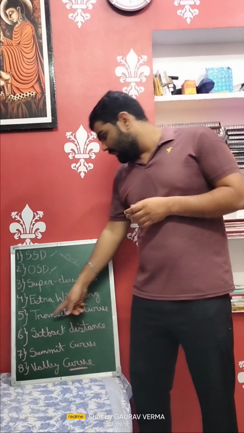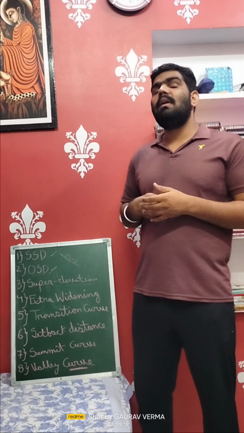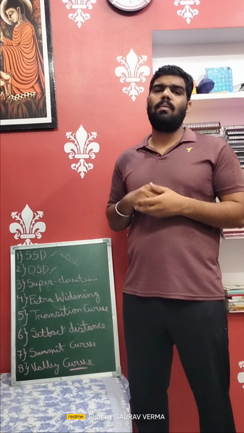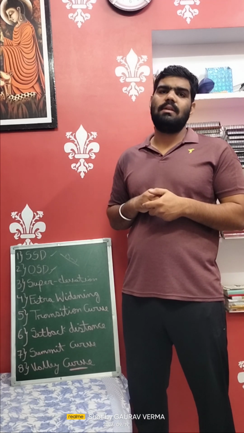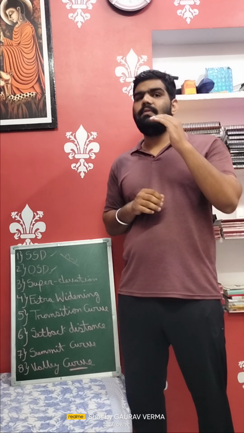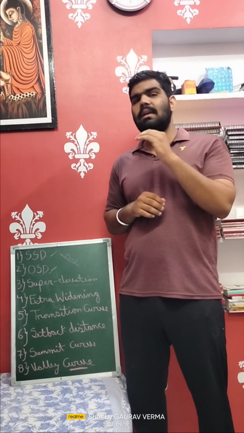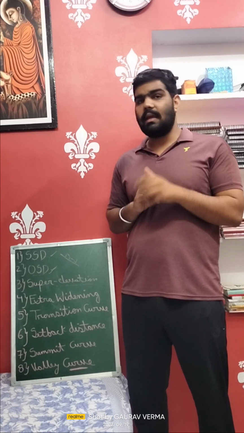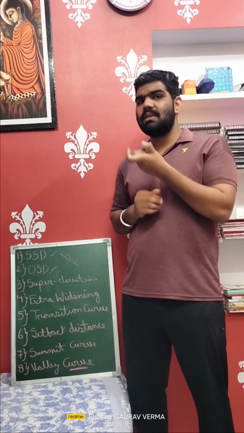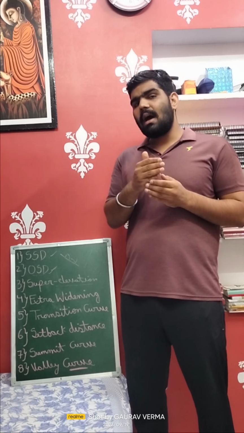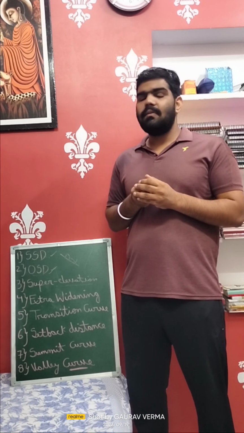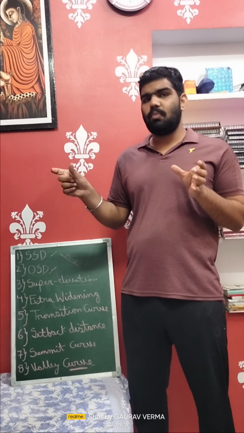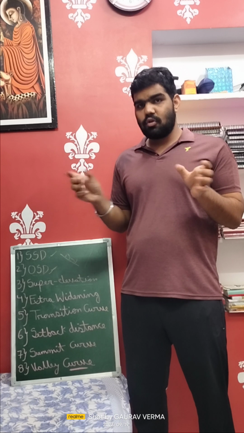Now transition curve. We have to find the length of transition curve. There are four formulas for finding the length of transition curve. First formula is V cube upon C into R. Here C is a constant. The value of C is 80 upon (75 plus R). The value of C lies between 0.5 and 0.8. It is the range of C.